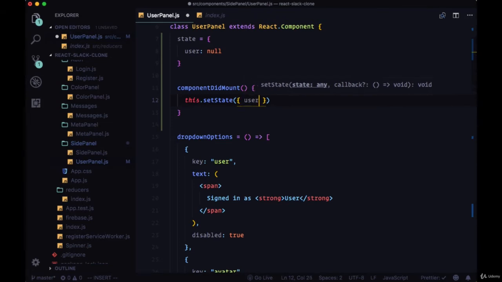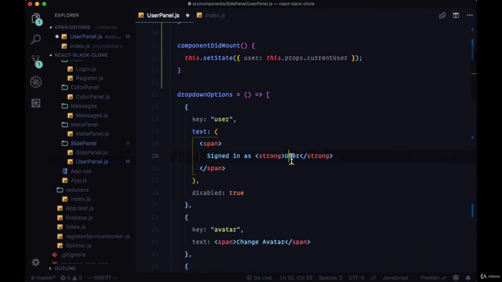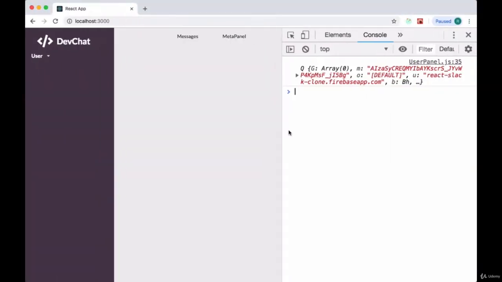and then when we get that user data, we can set the state, and in particular this user property that we created, we can set it to this.props.currentUser. And then using the user property in state, we want to get the username. You can get that from this.state.user.displayName. You can save that,